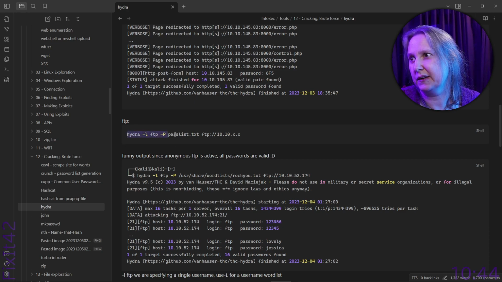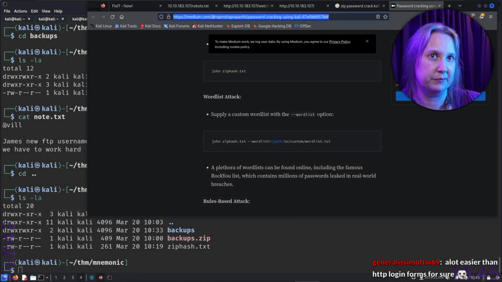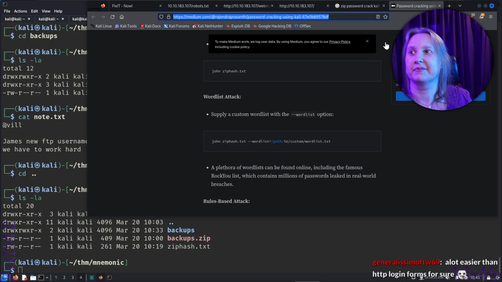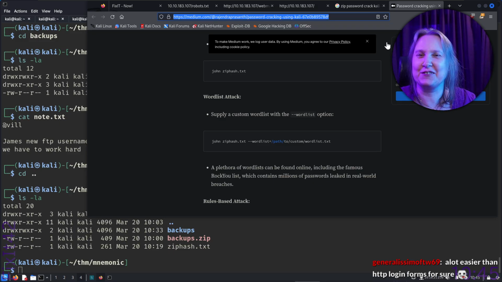So, I'm not going to copy this because I want to learn. A lot easier than HTTP login forms, for short. Yeah, all the information this long about HTTP and then one line FTP. That's kind of funny. And actually I have rockyou there in my notes, the path and everything.